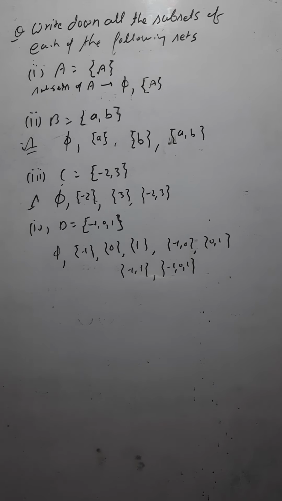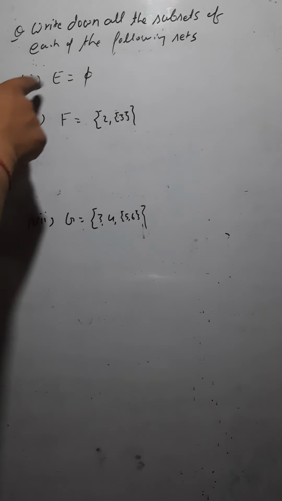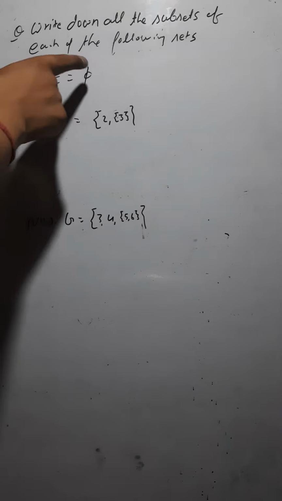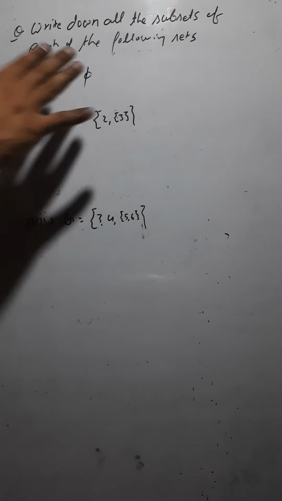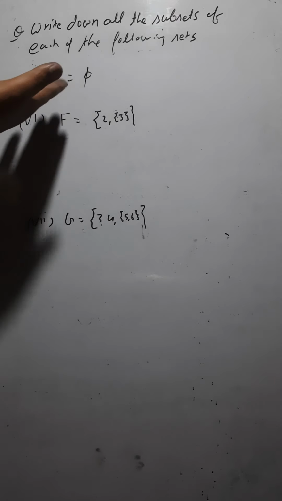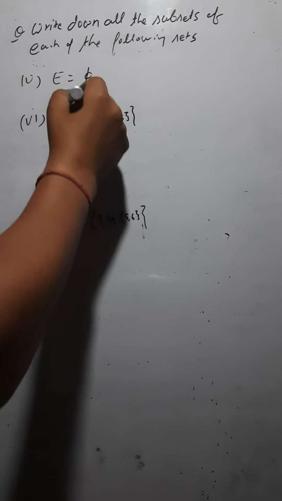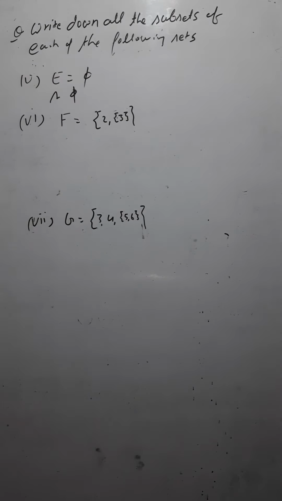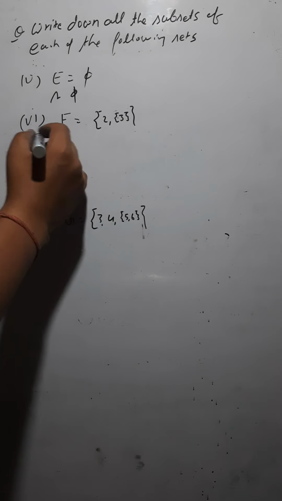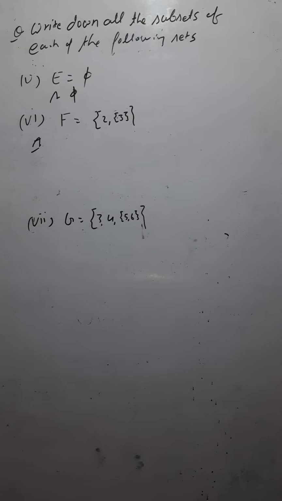Just note it down. Now these are a few more questions here. Fifth one is, you have a set E that is an empty set now. So now you have to find out the subset of this empty set. So it would have only one subset, that is phi. Answer is phi. Okay. Now that is the next question. Now you have a set F that contains these 2 things. Okay. Now you have to find out the subsets of the given set F.